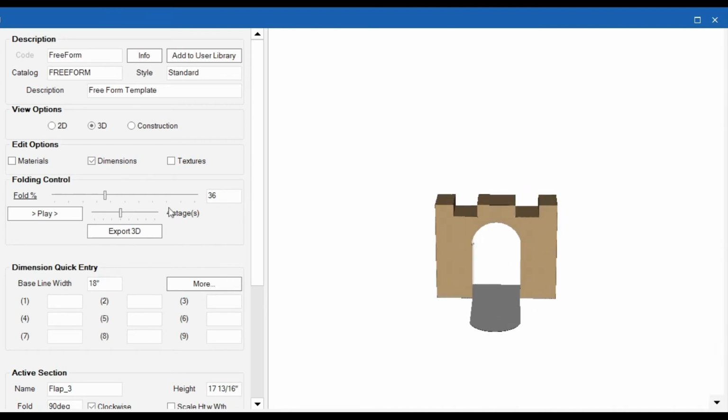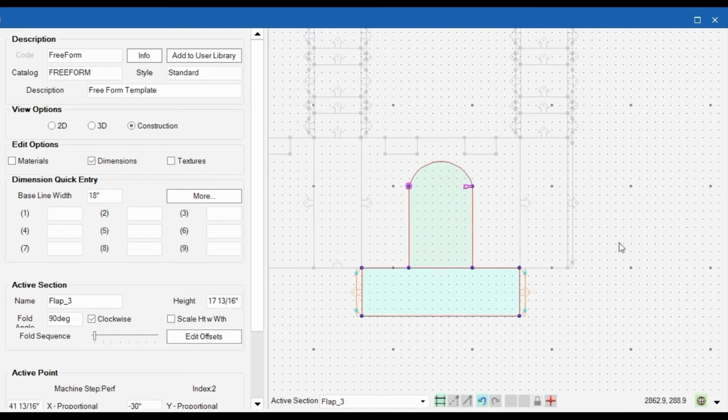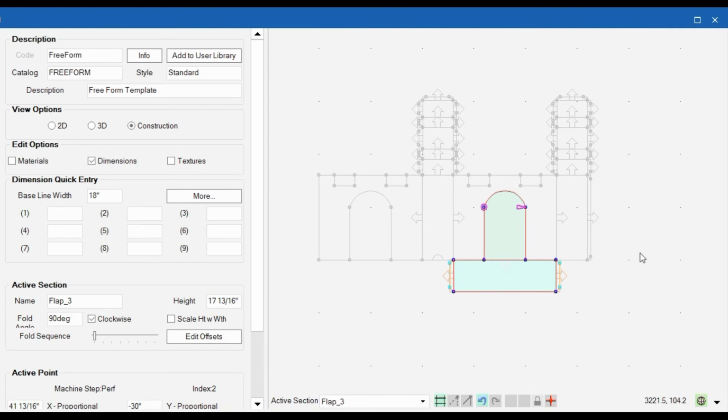And there's one last thing we could do if we want to make this a nicer presentation. Go back to the construction view, and what we're going to do is set up our folding patterns so that it folds together nicely. Our fold sequence here, we can set up to fold our parts so that they don't all just fold at one time. So I think we'll leave all of our glue flaps on one so that they just fold up automatically. The next thing we want to fold up is this bottom, so we'll put that on 2,